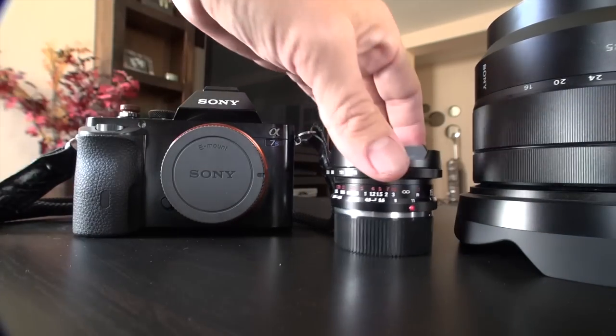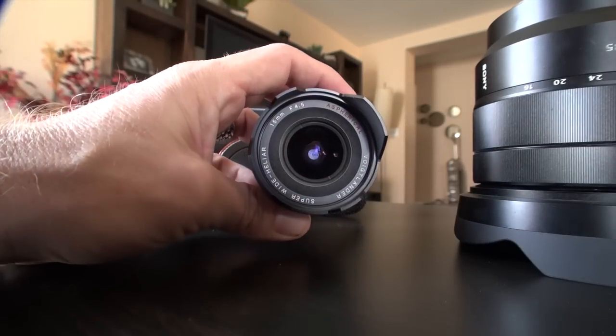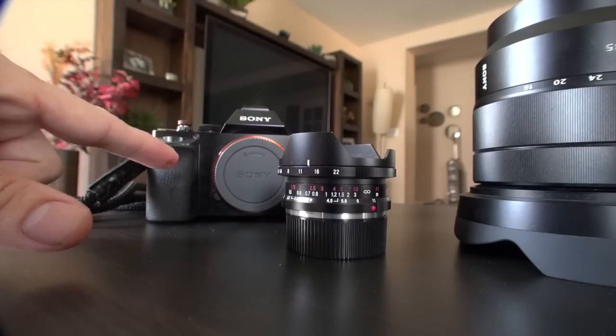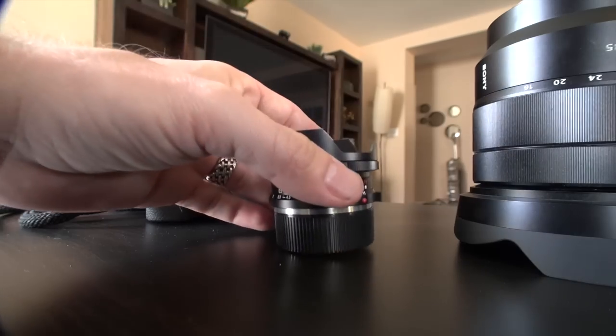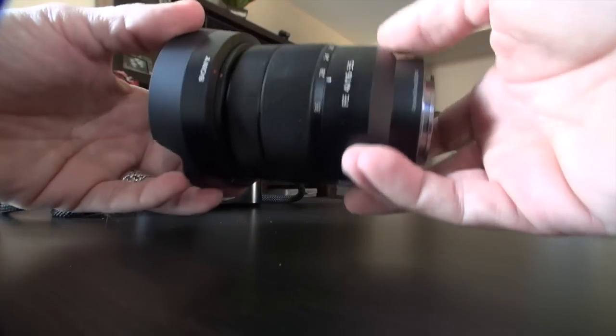I use it with Leica M-mount lenses like this Voigtlander 15 f4.5. The cool thing is I could use this f4.5 lens pretty much in the dark, because this thing will crank up to, whatever, 32,000 ISO, 80,000 ISO, and I could still get the image. It's amazing. But I want to show you today, the reason for this video is this lens right here,